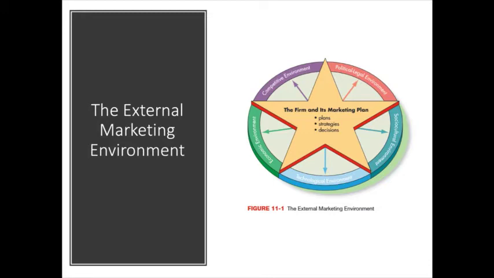As you can see here in this first slide, the textbook, this figure 11-1 from the text, attempts to describe the fact that similarly to what we looked at in chapter 1 of the text, all the way back to our very first set of lectures, when we described the business as having an existence within an external environment, so it is true that when we engage in the process and methods of marketing, we have to be cognizant and aware of the fact that every one of our marketing efforts, our plans, our strategies, even our marketing decisions, they don't happen in a vacuum. They happen in a contextual environment, the external environment that the business lives in.